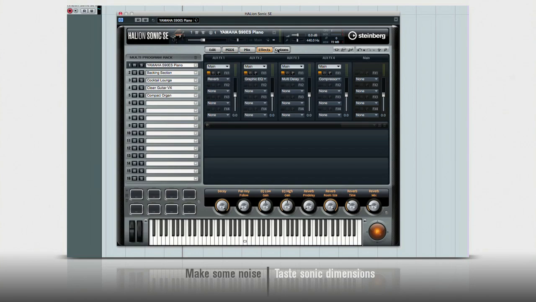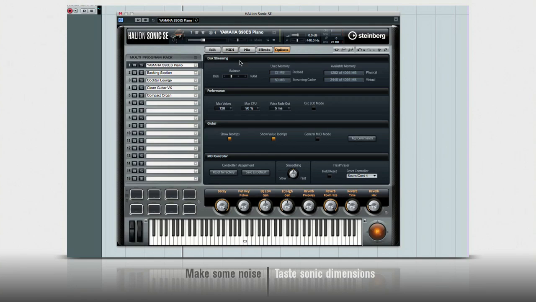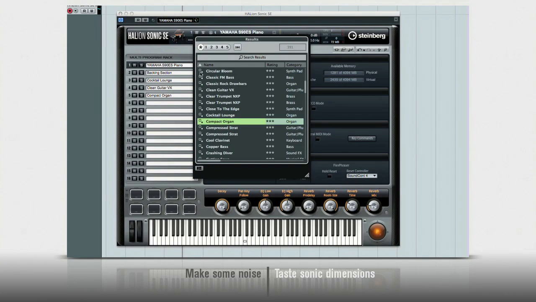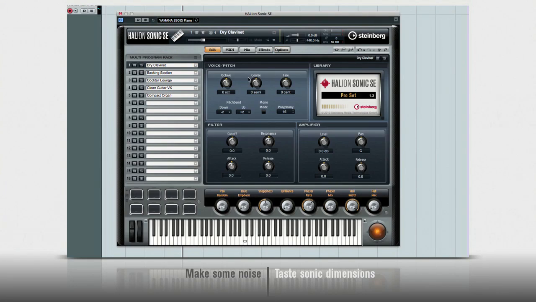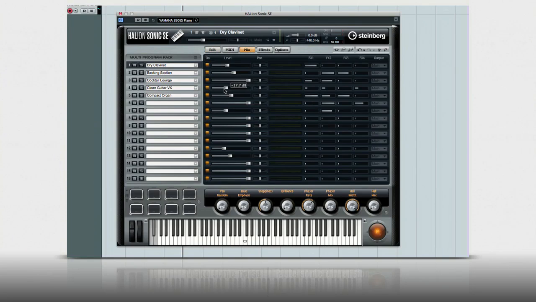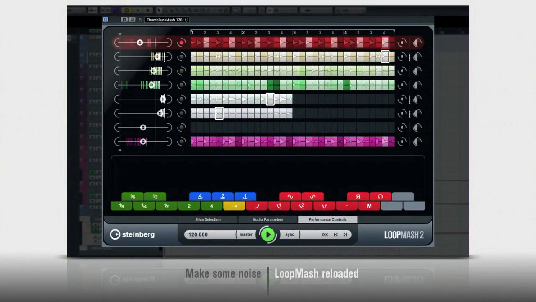Halion Sonic SE comes loaded with dozens of sounds based on the original Yamaha Motif waveforms. Halion Sonic SE comes with an updated and extended version of the Halion 1 sound library, note expression ready, and VST 3.5 compatible. But if your tastes run more to the club scene, you'll have a lot to do with